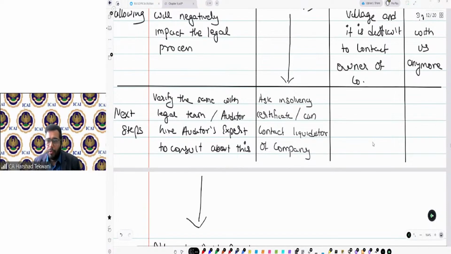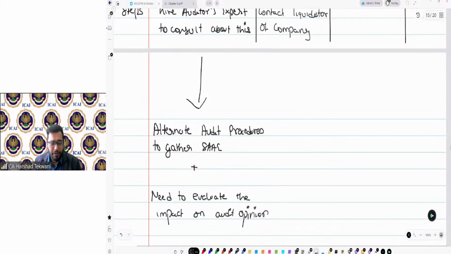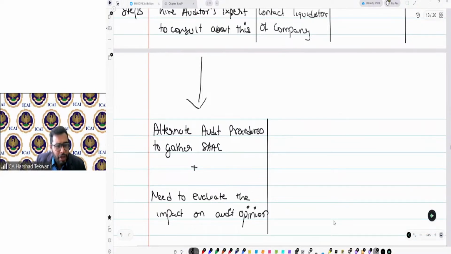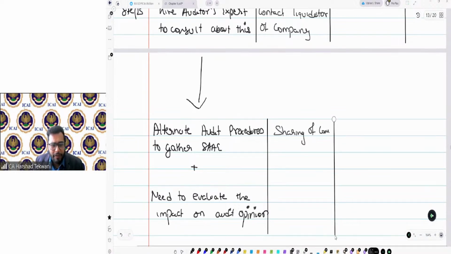If that is an account receivable for us, we are the debtor and the company is the creditor, and they send out the letter for this particular part: there is an insolvency or bankruptcy, and the creditors need to file their claim. So if any communication has been received in this regard, then share that communication that has been received from the liquidator of the company.